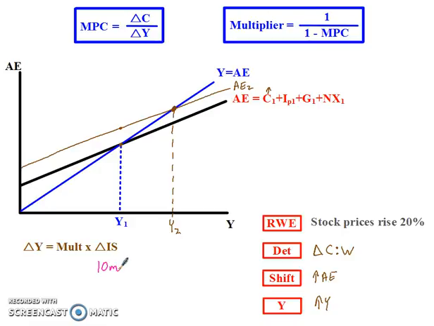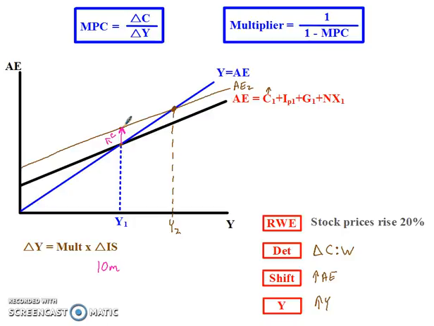So that means the change in initial spending was $10 million. That's what this is, the change in initial spending. And so consumption is going to go up by $10 million. That I would put on the graph right here. Sorry, that's a little hard to draw. Let me try that again. There would be your increase in consumption by $10 million. Right there. That'd be a $10 million increase in consumption, and that's what caused my aggregate expenditure curve to shift